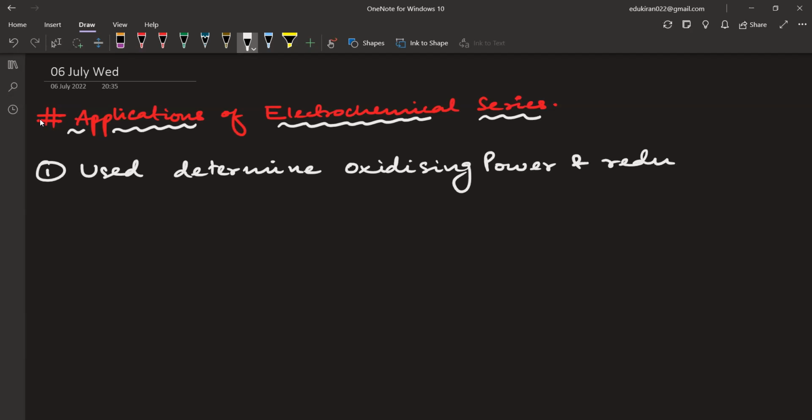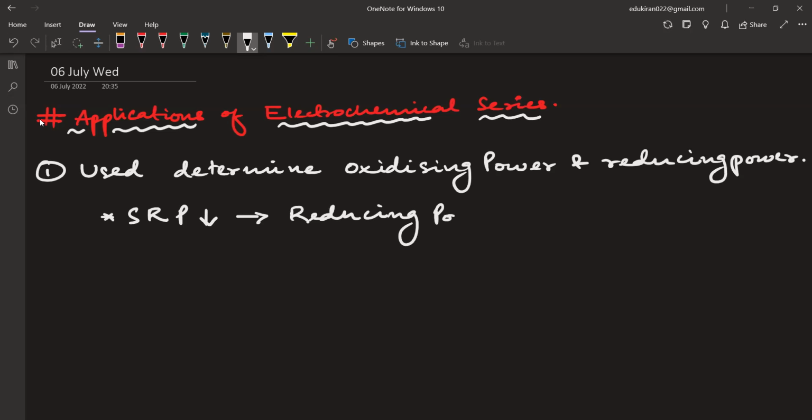And reducing power. Okay, oxidizing power and reducing power. So what do we know about this? If the SRP is low, what does that mean? It means reducing power, to reduce something, is high,